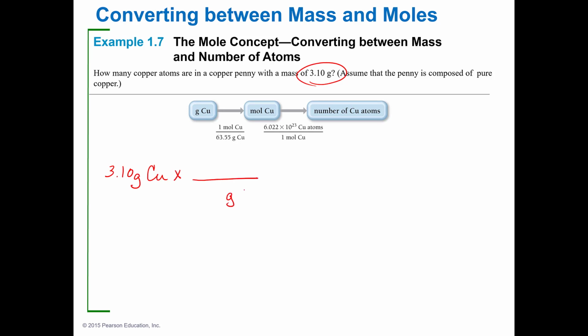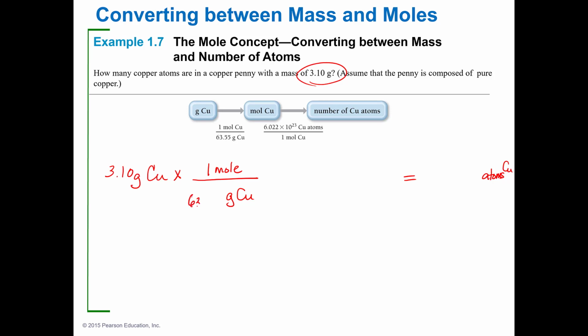So I know I'm going to have grams of copper down there. And I know that I'm going to atoms of copper when I get done. So I've got to get rid of grams of copper. What do grams of copper and atoms of copper have in common? Moles. Okay, so I know 1 mole of copper, when I look on the periodic table, the molar mass of